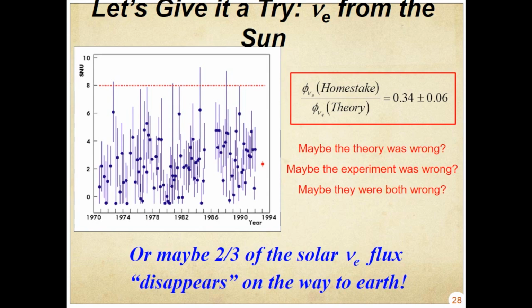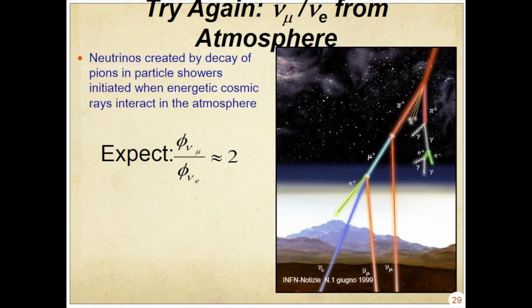Okay, so they tried again. They looked for neutrinos from the atmosphere. This time they're going to look for both muon and electron-type neutrinos, because the atmosphere will make them both. The sun only makes electron-type neutrinos, but the atmosphere will do both. All that's happening here is cosmic rays are bombarding the top of the atmosphere and creating sprays of energy, and in that spray, neutrinos will get produced. The exact mechanism isn't so important for this. But the nature of that mechanism is such that it should produce about twice as many muon neutrinos as it does electrons. Okay? Just the nature of that propagation.